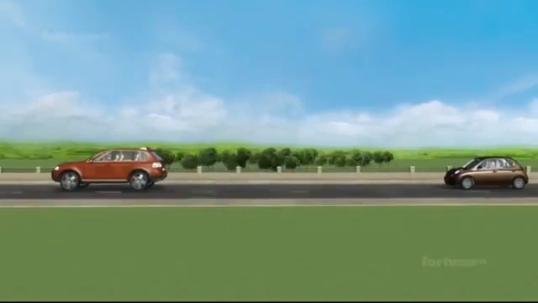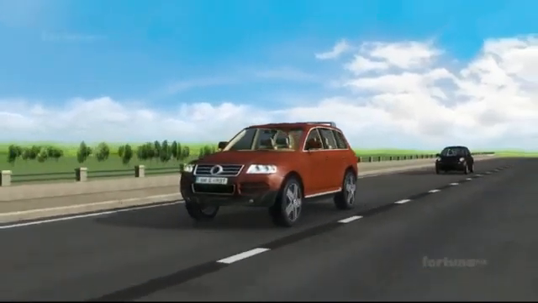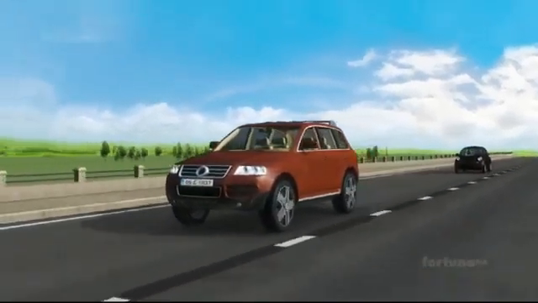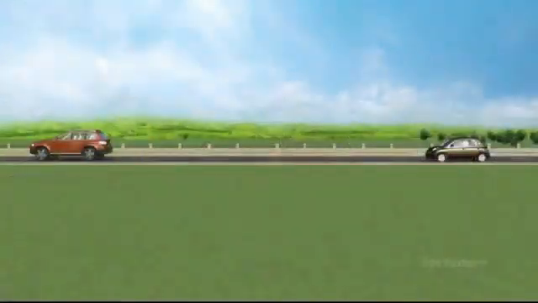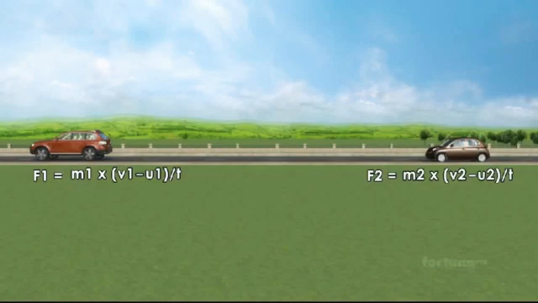Force is the product of mass and acceleration. In our example of the collision, the force of the bigger car will be expressed as F1 is equal to M1 into V1 minus U1 by T, with T representing time. The force of the smaller car during the collision will be expressed as F2 is equal to M2 into V2